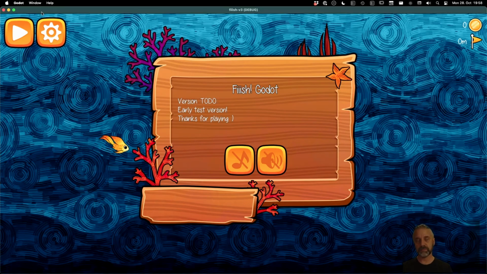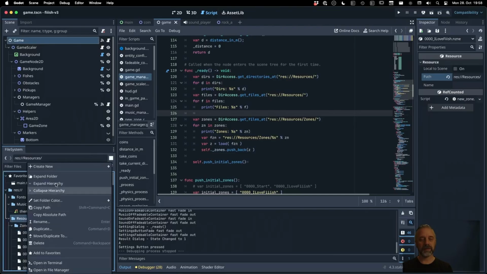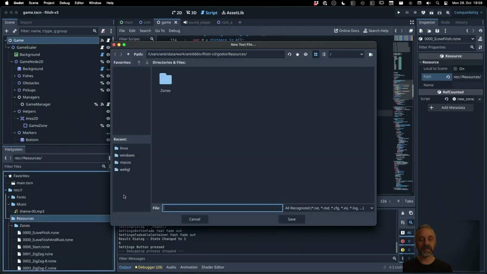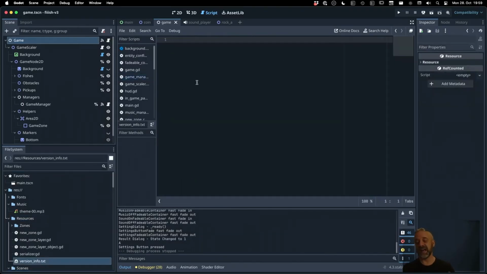We could just have a custom resource. We could just have a resource in here, right? And say, create new text file, and call this version info.txt, right? And then say, I don't know, commit is local, because it's a local build. Version is actually